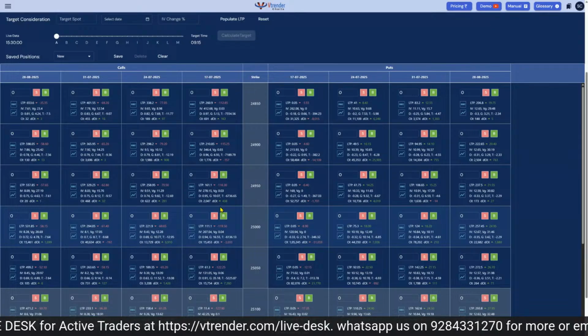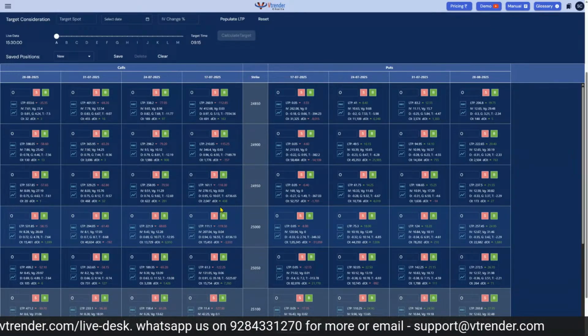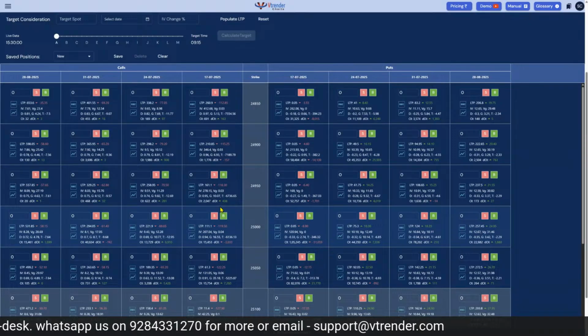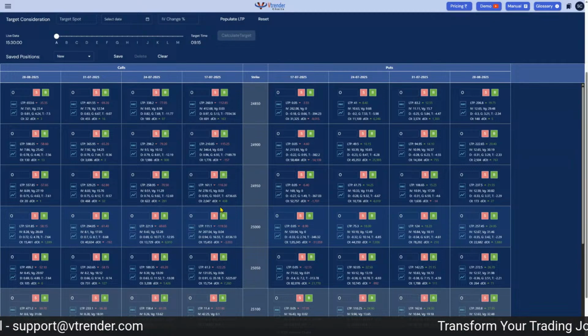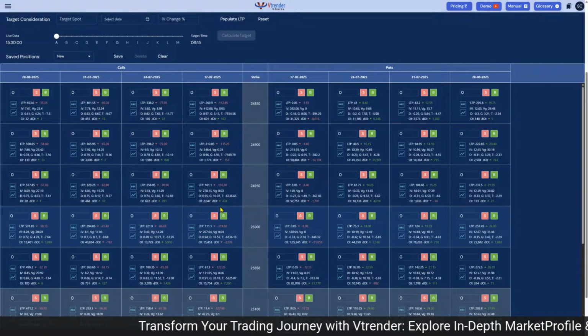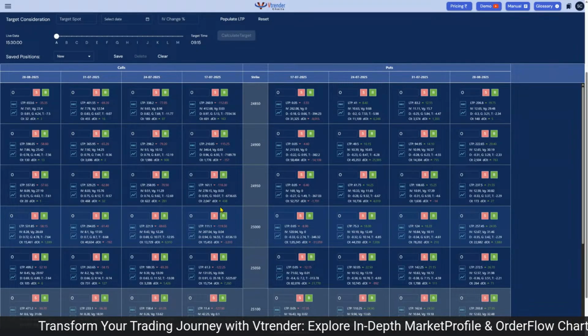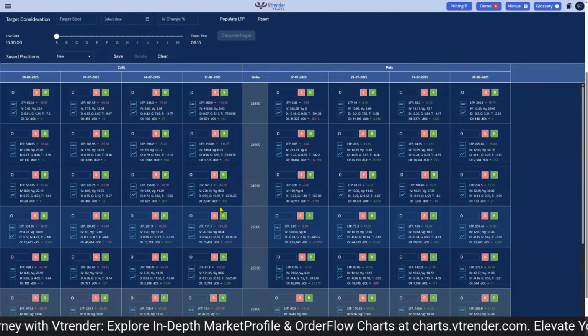Right now, I'll just back off, and let's try to understand gamma in terms of you driving a car. Say you're on the expressway and you're driving your car. The speed at which you drive, that is what you call a delta. That is what you call the delta of the option. So suppose you're going at a speed of about 70 kilometers per hour. You can say that you're driving at a delta of about 70.